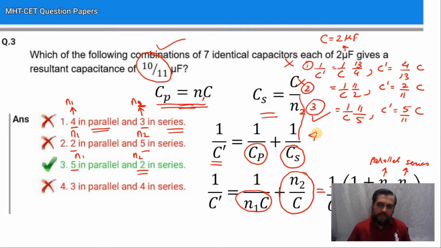हो गया. Fourth condition solve करने का जरूरत नहीं है. Okay, when you get the option in the main examination, no need to waste time. But then in this case we are just solving, analyzing. तो सारे options देख ही लेते हैं.